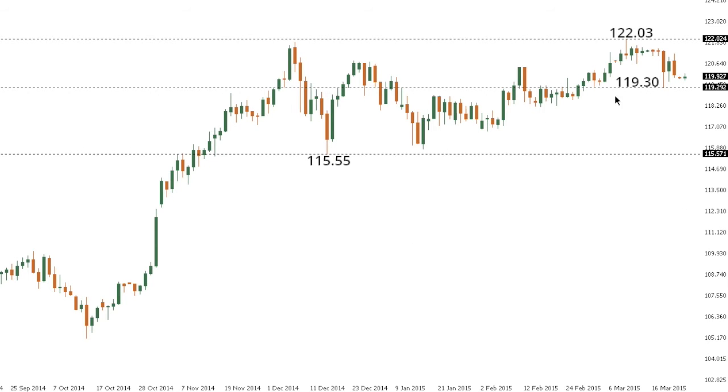Dollar yen. Dollar yen has pulled back a little bit in recent trade after recently trading up to fresh 7-year highs, just over 122 at 122.03, with setbacks now reaching the 119.30 area thus far. There is room for additional weakness in the market down towards the 118 area, but ultimately the broader structure continues